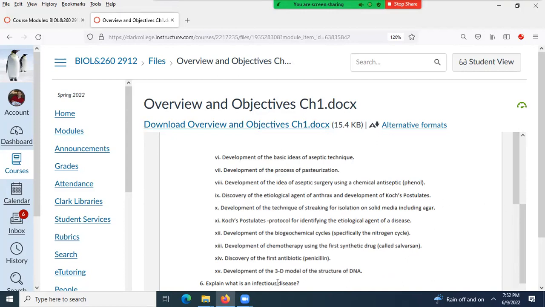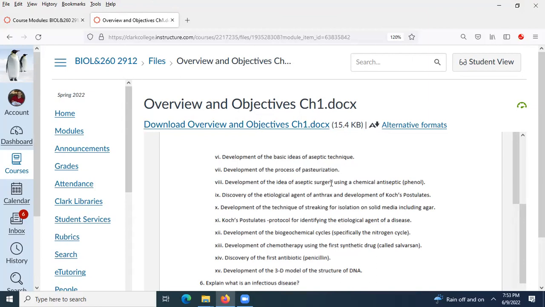All right, here's some of the things that were important in the history of microbiology: the development of the aseptic technique by Louis Pasteur, pasteurization by Louis Pasteur, the idea of aseptic surgery, which Louis Pasteur did not come up with because he was not a doctor. He did come up with the idea of aseptic technique, and then that was used for aseptic surgery. And the person who really proposed it and got it to stick was,